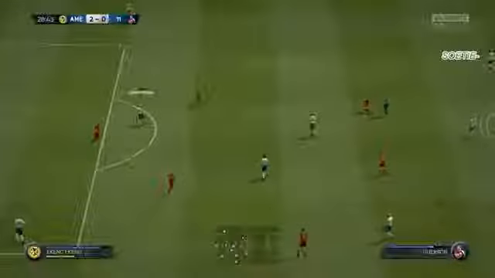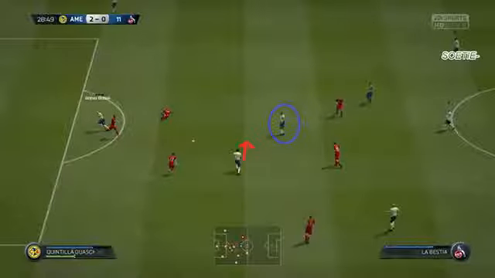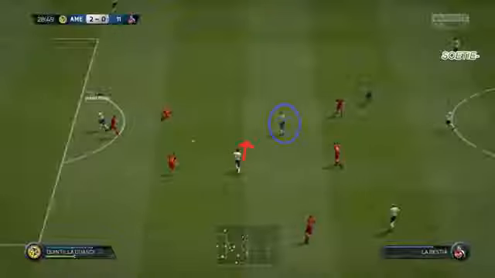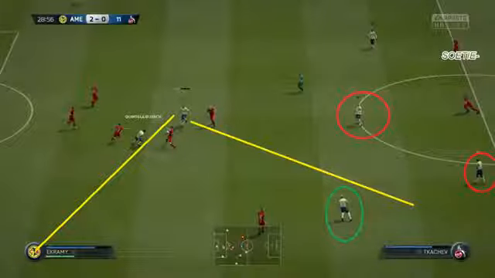The great thing about it is that the player who receives the pass is already looking in the direction in which he should give the next pass. And if you see my tiki-taka tutorial, that is crucial to get consistent passing going. We can see that the next player who controls the ball is already looking downwards, and therefore we can pass it to the guy in the green circle, and we can't pass it to the guys in the red circle,